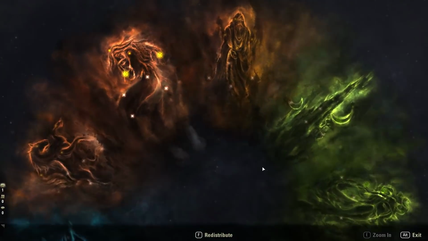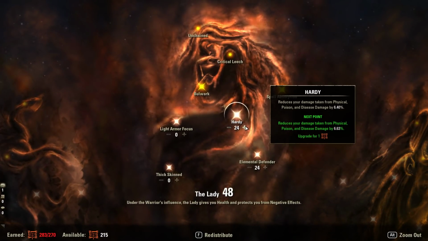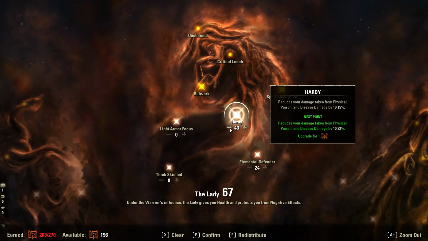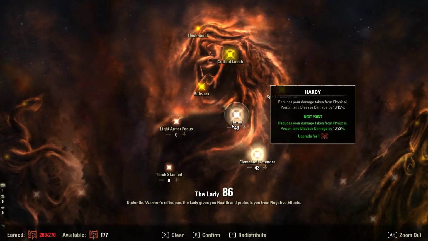So, what do we do next? We go into here, we do the same thing that we did earlier. But this time, we take this up to 43. We're just going to do this. So we have 10% in both these. We still have...